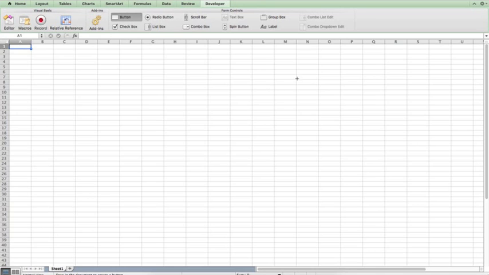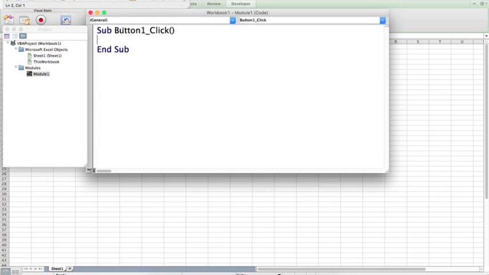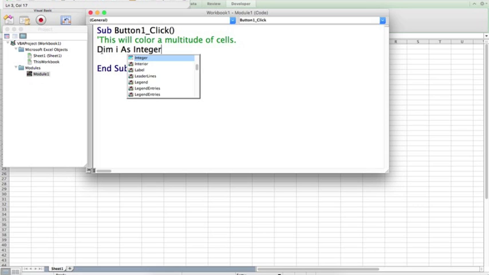Go ahead and insert a button. Assign that to a new macro. So this will be an introduction to the for loop. First, we're going to set a variable I to the data type integer. Say I want to color a specific number of cells, say 1 through 10. Then, for I equal to 1, so that's the starting point, I equals 1, to 10. So from I equals 1 to I equals 10,